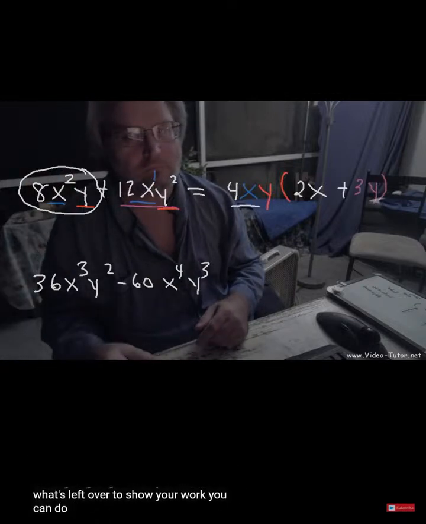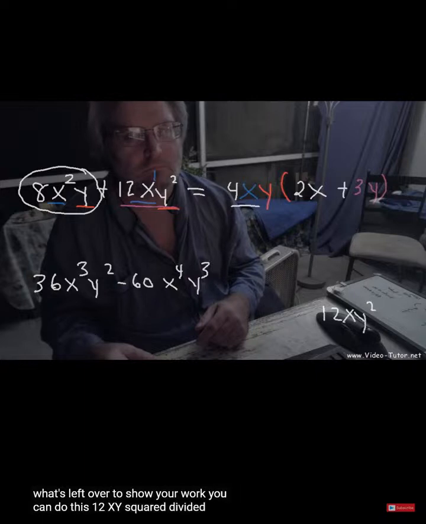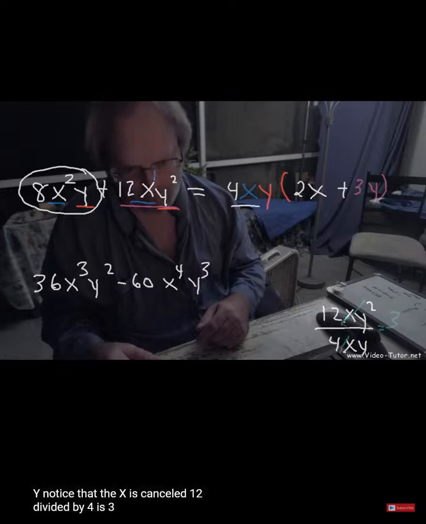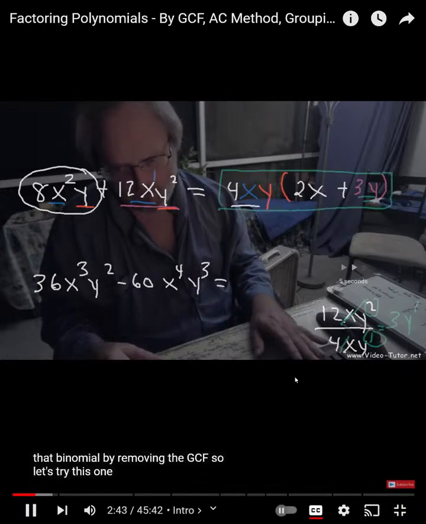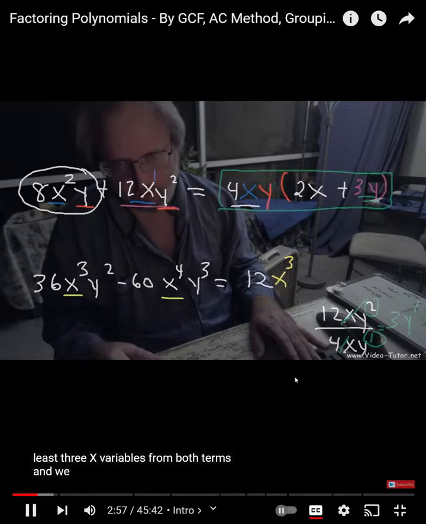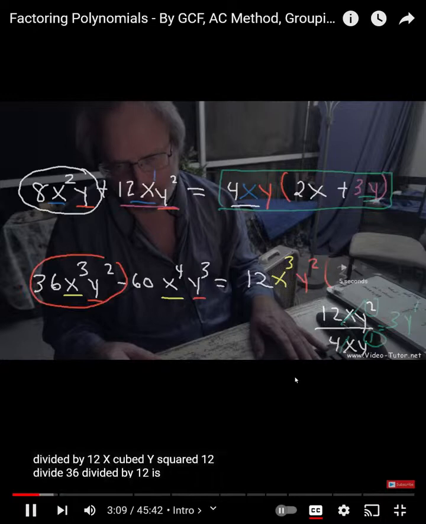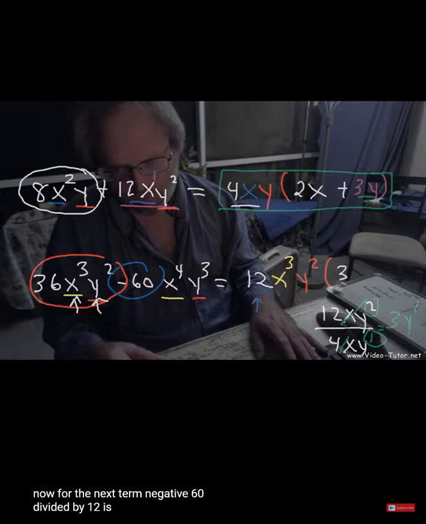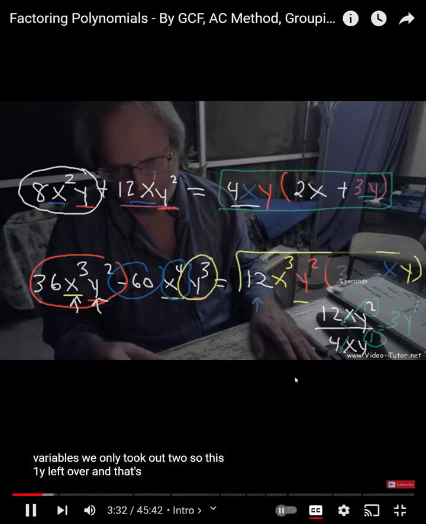To show your work, you can do this. 12xy squared divided by 4xy. Notice that the x's cancel. 12 divided by 4 is 3. Y. What is the greatest common factor between 30 and 60? And we could take out 2 and divide it by is 3. And we took out all 3 x's and all 2 y variables. So there's nothing left over. Now for the next term, negative 60 divided by 12 is negative 5. And out of this,